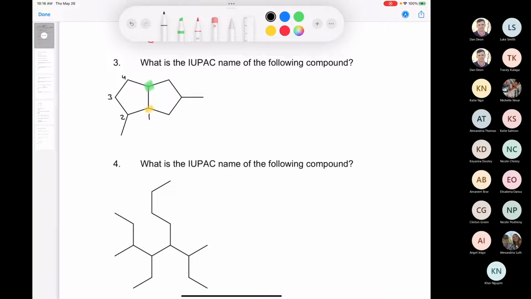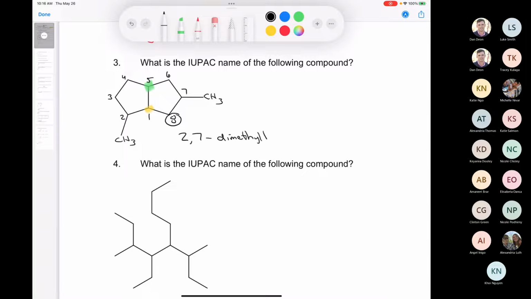and so I'm going to have 1, 2, 3, 4, 5, 6, 7, 8, like that. So you can see that we have methyl groups at carbons 2 and 7. So we have some kind of 2,7 dimethyl. But let's go back to our bicyclo compound. Our bicyclo compound is a bicyclooctane because it has 8 carbons. So let's write down that we have a 2,7